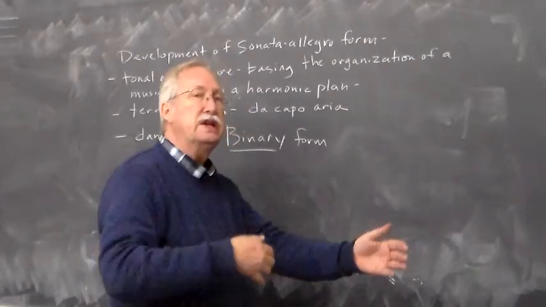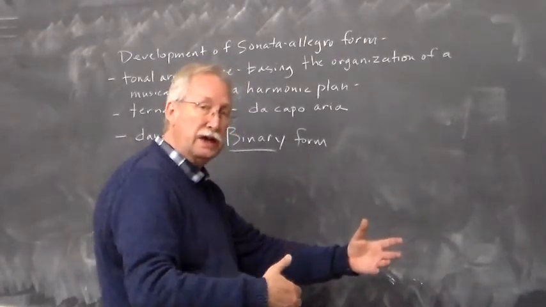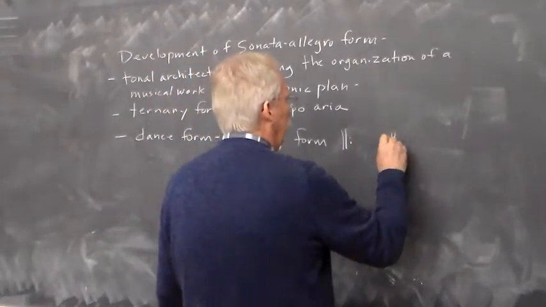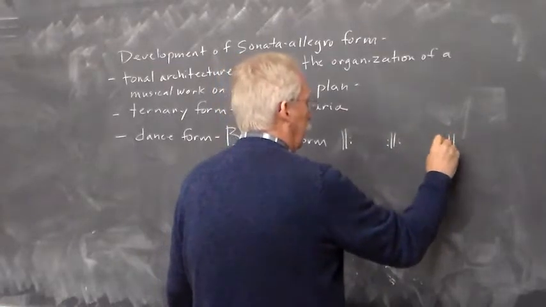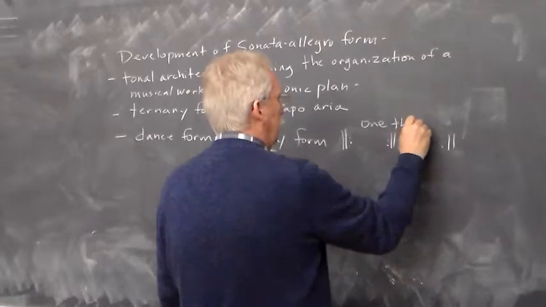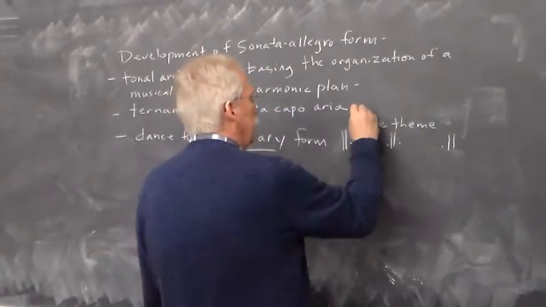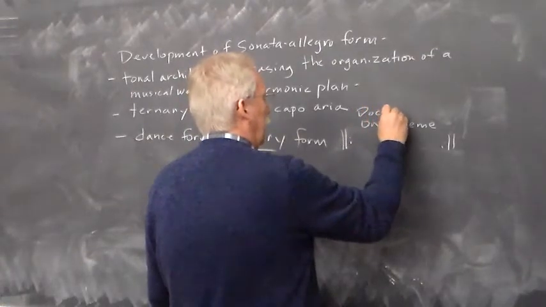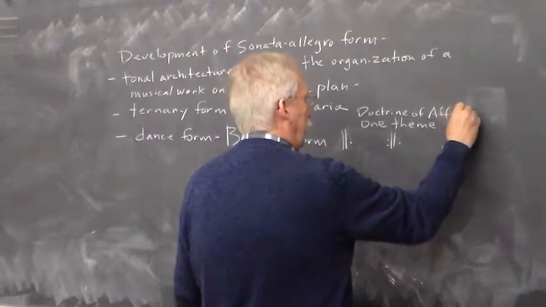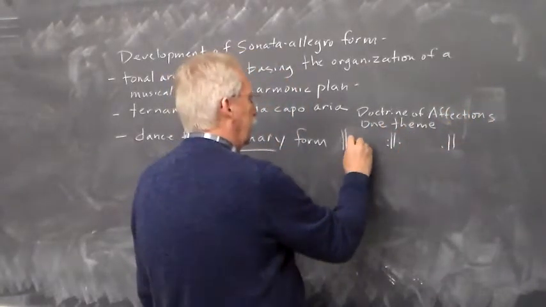And it's basically taking an idea and continuously developing that one idea in those two sections. So you remember that term, doctrine of affections? That's a Baroque idea. So one theme that's continuously developed,